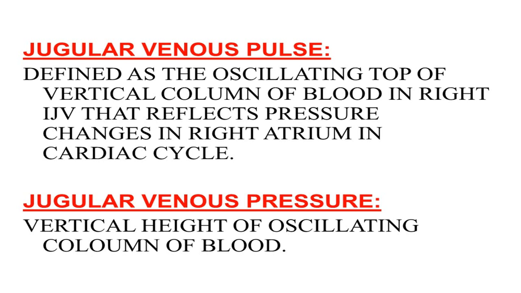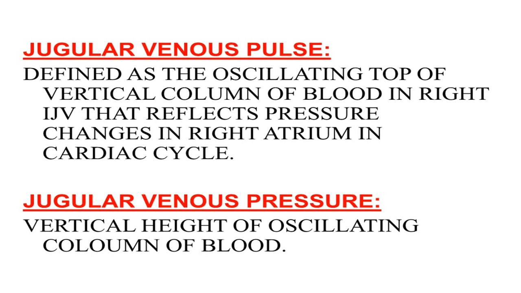While the vertical height of an oscillating column of blood represents the pressure in the right internal jugular vein, which is indirectly parallel to the pressure in the right atrium. So, pressure is the height of the oscillating column,